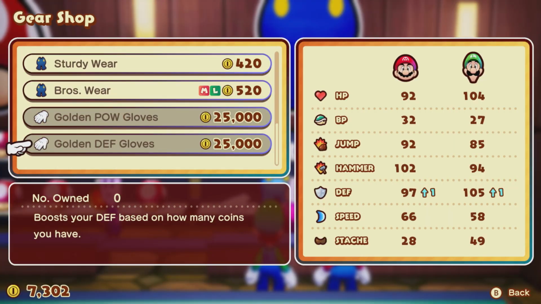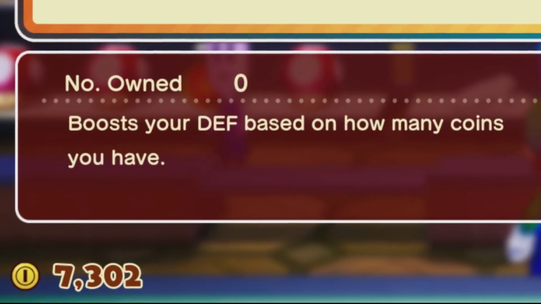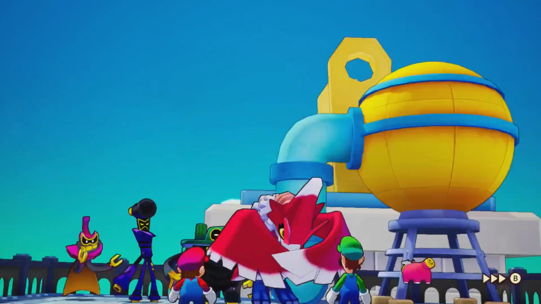How the gloves work is that for every 2,000 coins you have, you gain a 1% defense buff for a maximum of a 30% defense boost with no drawbacks. Needless to say, this is a really good piece of gear that I want to get my hands on. But I'm just a wee bit short of being able to afford them, so we'll have to come back for them later. We can make it through the Lotta Coins building with no issues and make it to our next